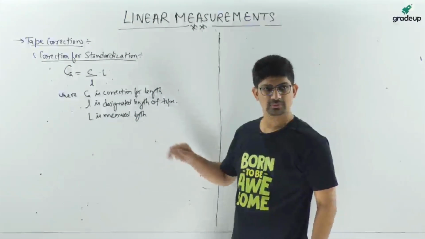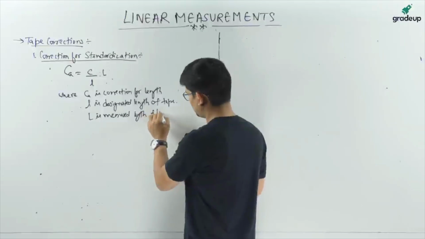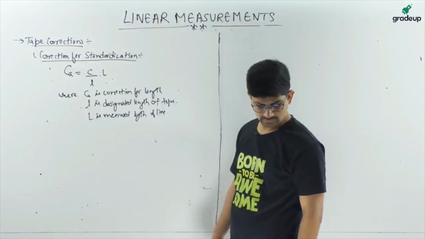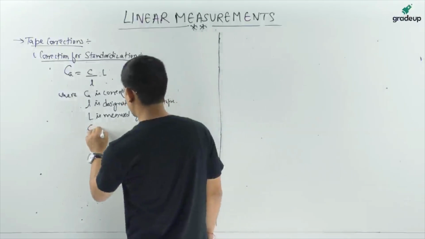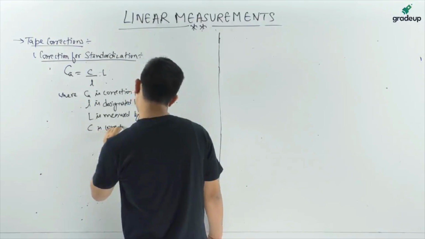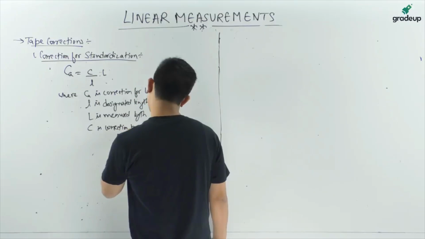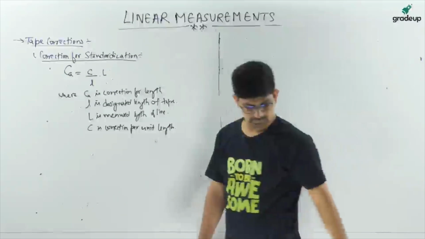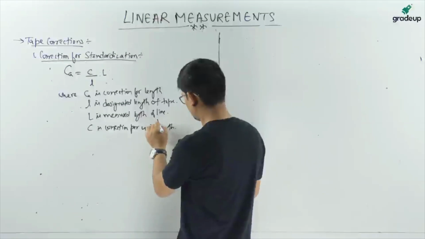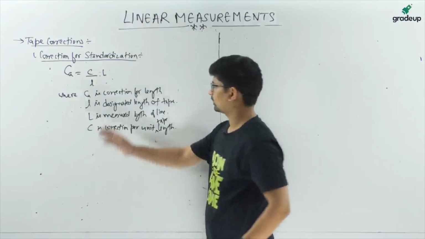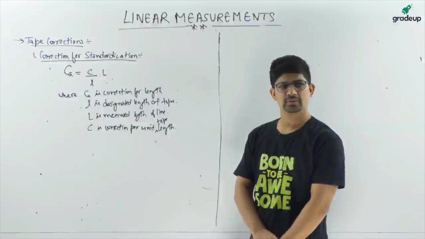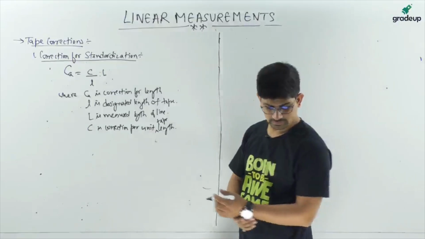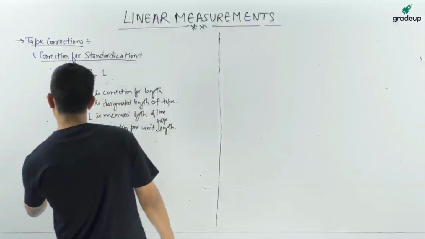It is the length which you have measured, length of line. Okay, and C is the correction per unit tape length. Okay, so this is the first correction, if the actual length of tape is different from the designated length. Now the second is